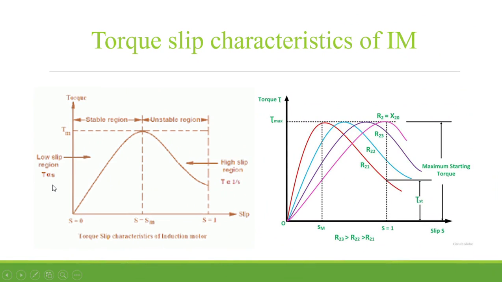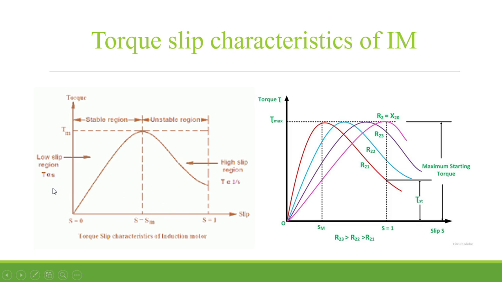If torque is directly proportional to S, then how will the curve be? It will be a linear graph. So here we can see this is a linear graph for the low slip region. Now for the high slip region, let us see what the condition will be. Before that we will see the condition for the medium slip region. Up till this point there is a linear graph, so this is the low slip region. Now from here to here, this is the medium slip region.